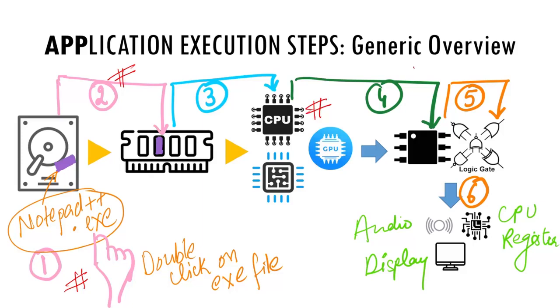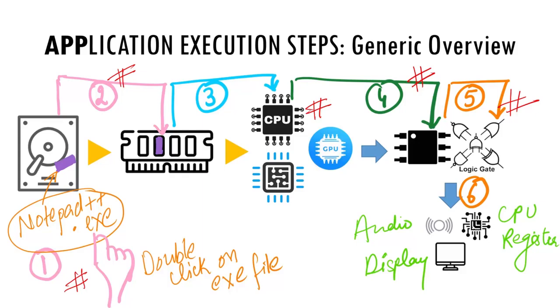CPU sends the bit stream or 0-1s to the designated electronic circuitry for doing the desired computational work, that is, addition, subtraction, multiplication, division, etc. Here, the electronic circuitry is the flip-flop that is further comprised of a combination of electronic gates like AND gate, OR gate, NOT gate, XOR gate, etc. Finally, the gates are the units that take 0-1s, or you may say binary, as an input and act upon it to give the final result.